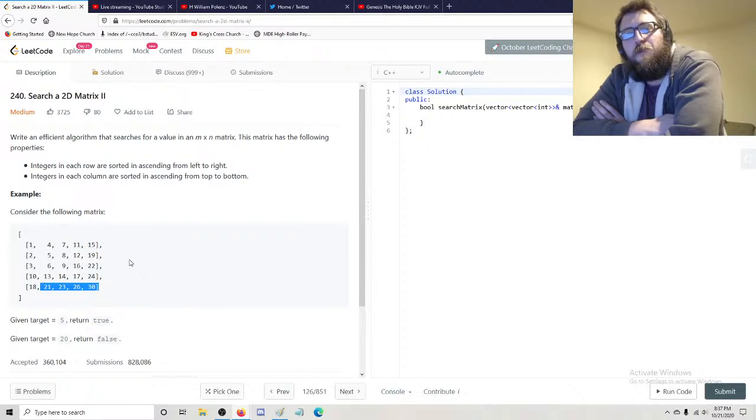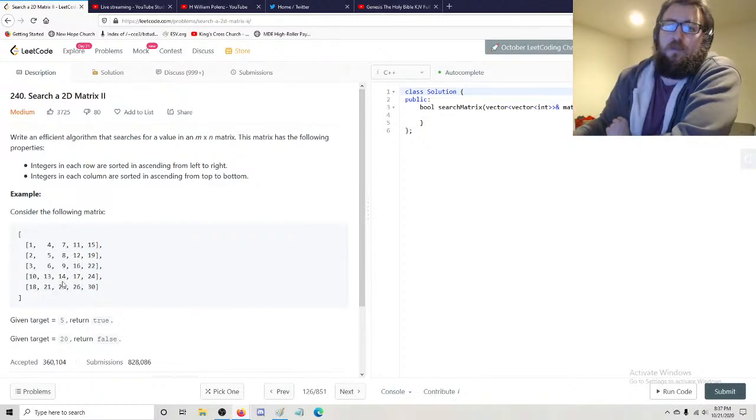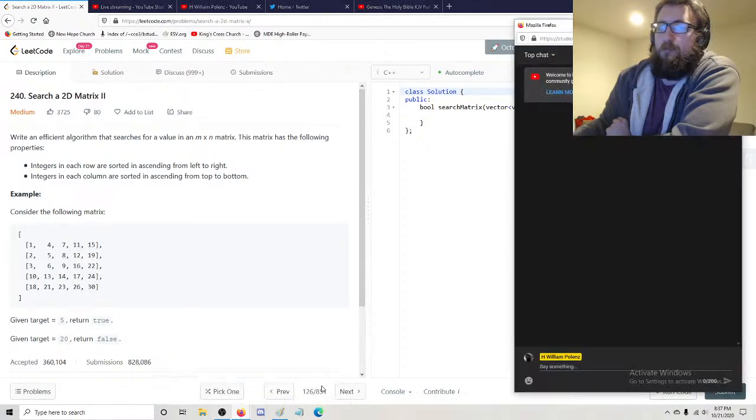I think I'm doing this wrong. I'm not sure if it's O of m log m and O of log n, because the problem with this approach, even if you try to do it logarithmically, is that you also have a problem of